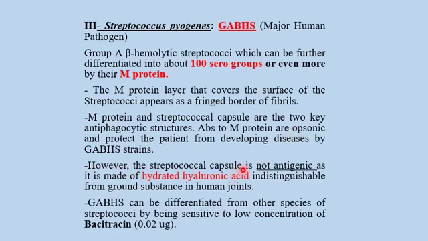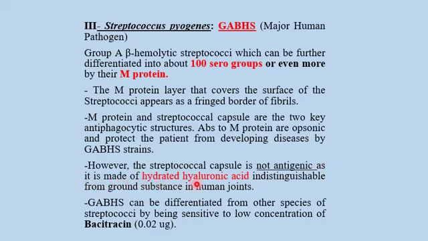However, there is an important point: the streptococcal capsule, as we said, is antiphagocytic, but it is not antigenic. So the body will not form antibodies against the capsule. Why? If you remember our first lecture, it is because this capsule is not made of polysaccharide as the usual capsules, but is made of hydrated hyaluronic acid,